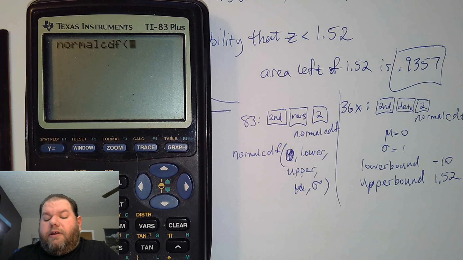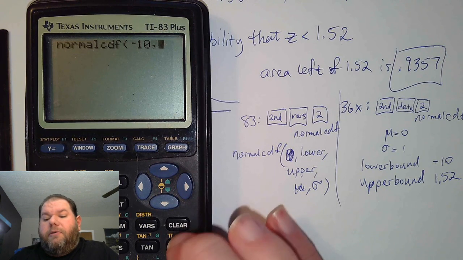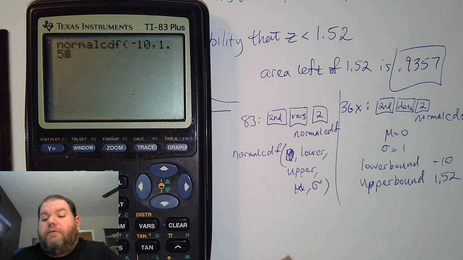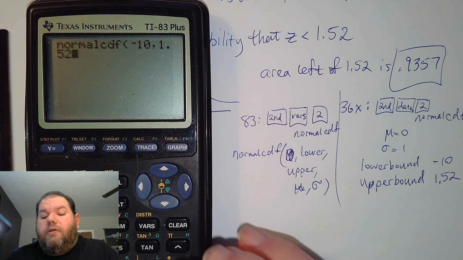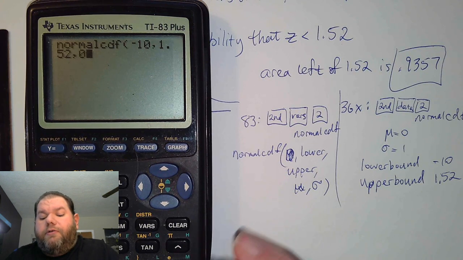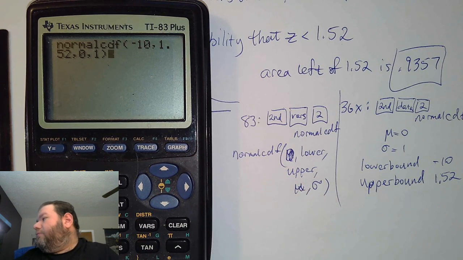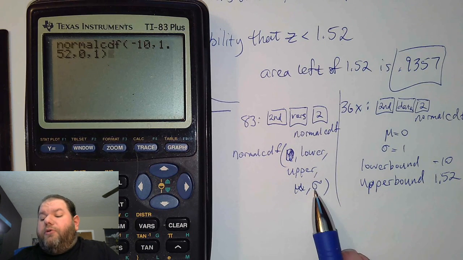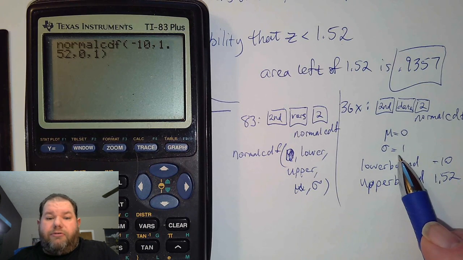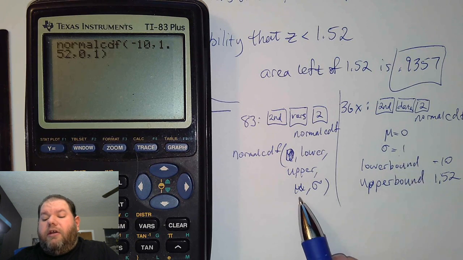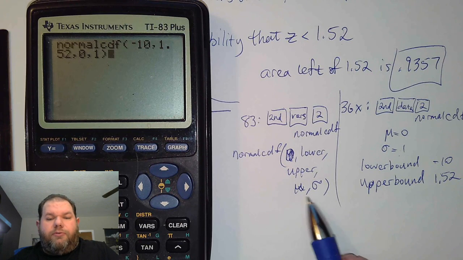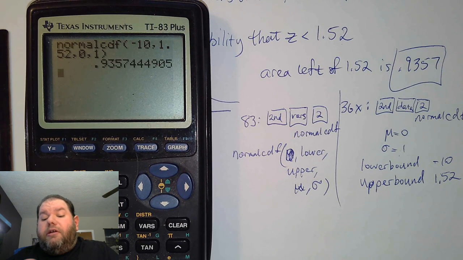So we'll put -10, comma, 1.52, comma, mu is 0, comma, and sigma is 1. And those will always be 0 and 1, like we talked about over here, so we don't have to change those in the 36s. The only thing we have to do here in the 83s is make sure we enter the numbers 0 and 1. We press enter. And we see we get the same number as on the 36s, which is the 0.9357,